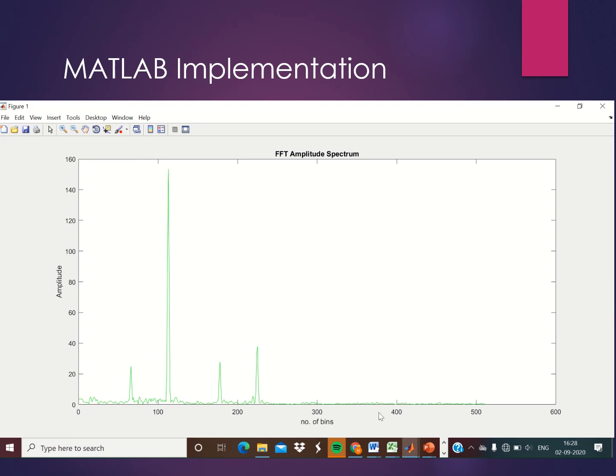And these are the bin numbers. So we are going to identify this highest amplitude peak for finding the highest frequency, and this lower peak, or lower amplitude, for finding the lower frequency. So we have to select the range of bins. From the maximum you can find it directly, but to find the first lower peak you have to identify the range of bins.